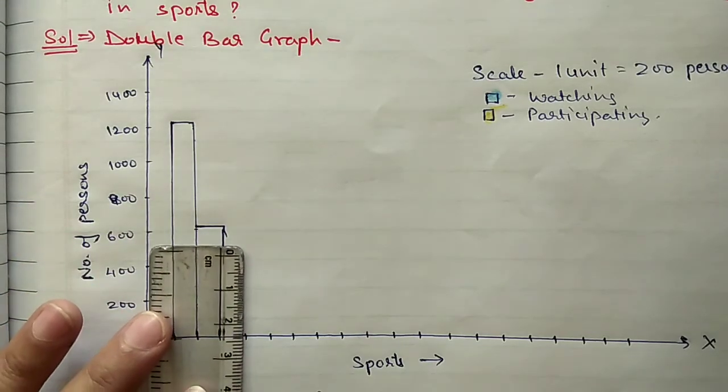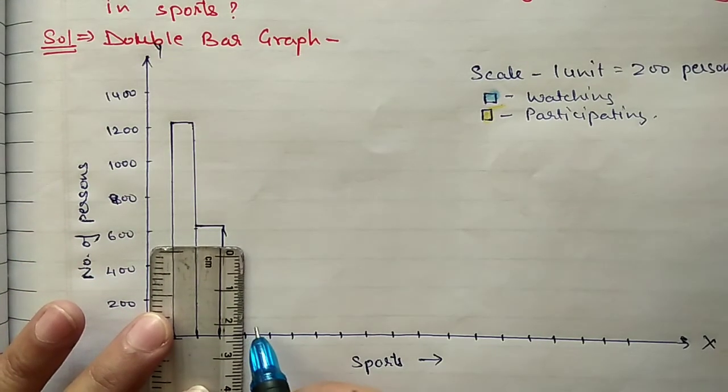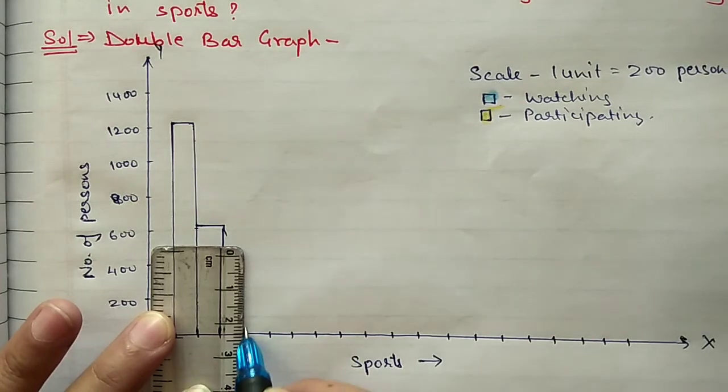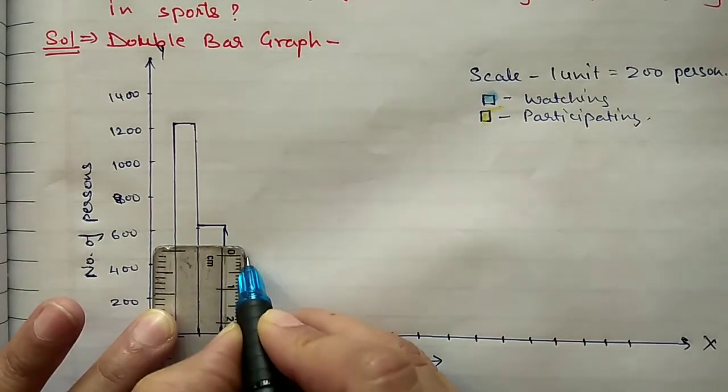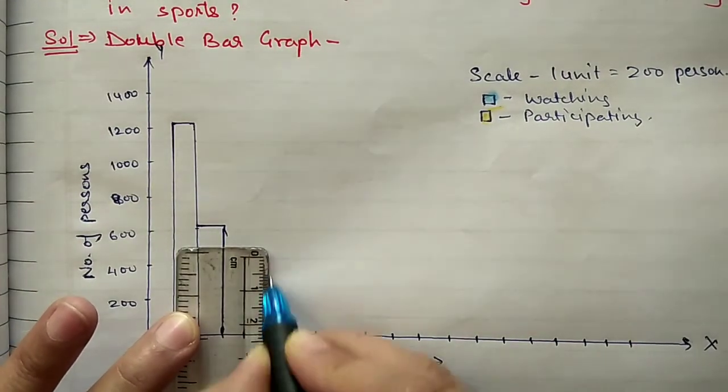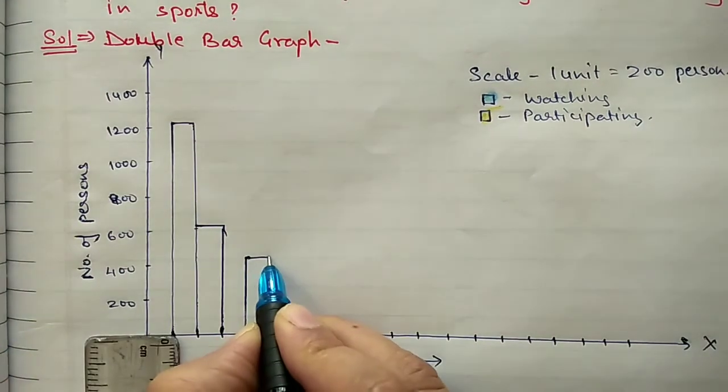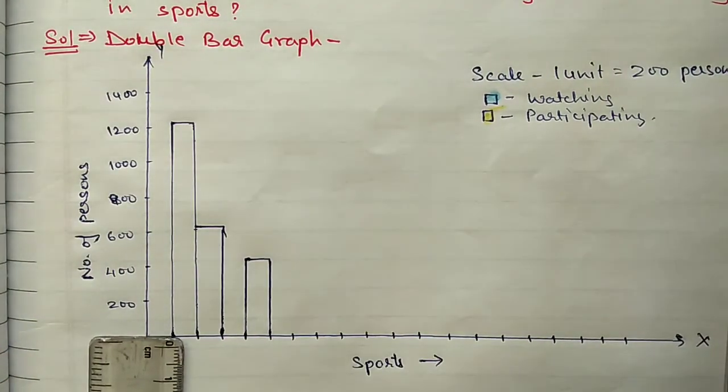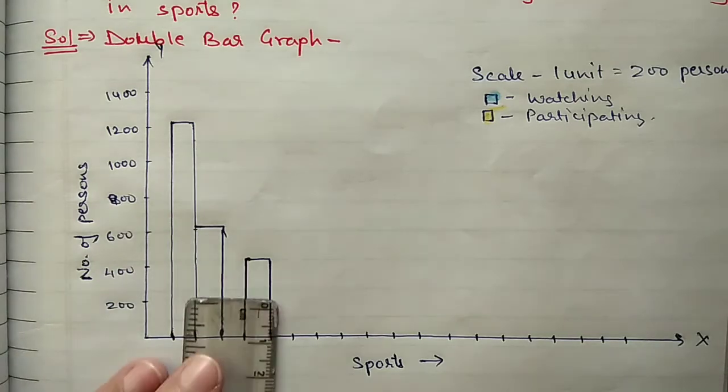So 470 will come between 400 and 500, somewhere here it will come. Then participating 320,